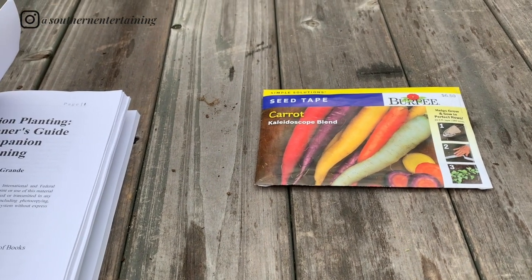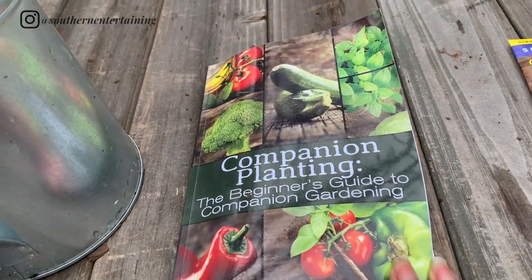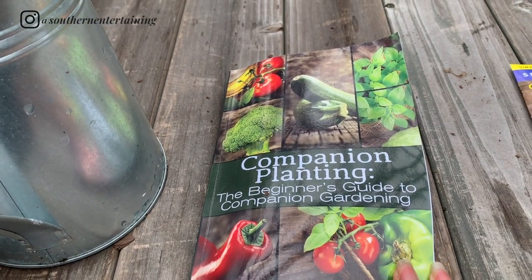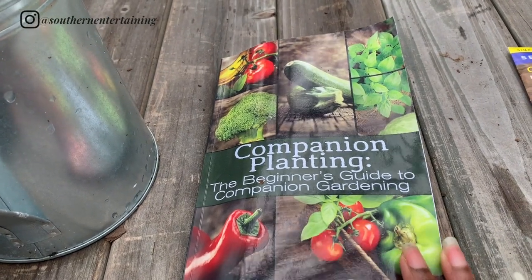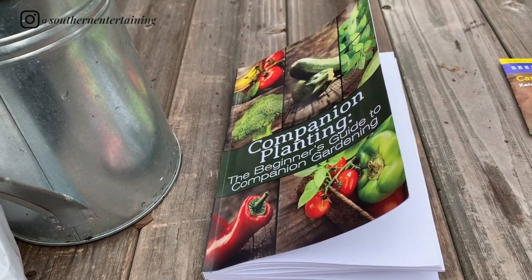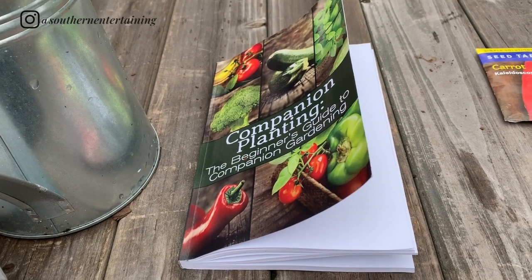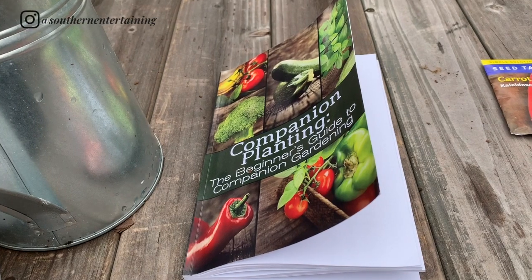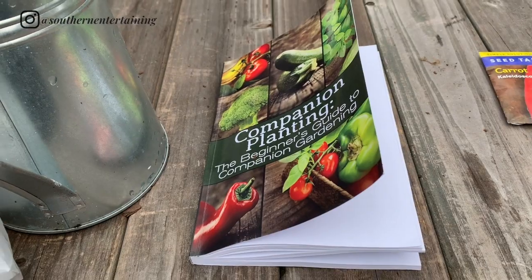So in a garden book haul, I bought this book, The Companion Planting, The Beginner's Guide to Companion Gardening. And I really like this book because it's a really good read, but it also is a great quick reference guide. Most of the things that we plant on a normal basis are listed in there. It's listed alphabetically, and you can just immediately turn there and see what your good neighbors and bad neighbors are,